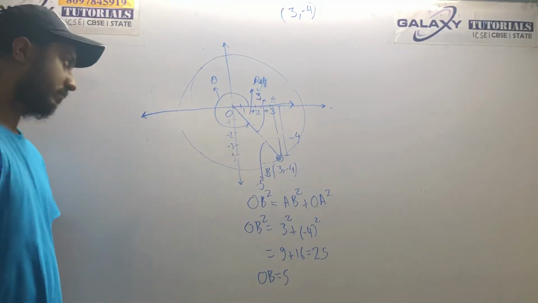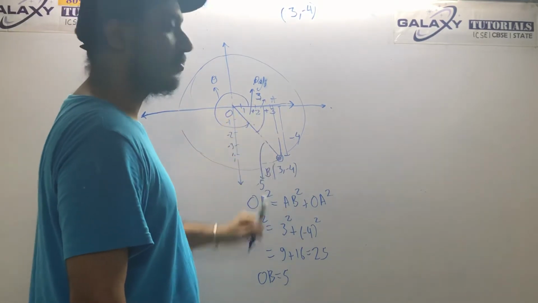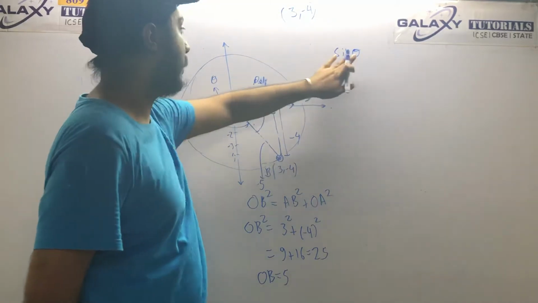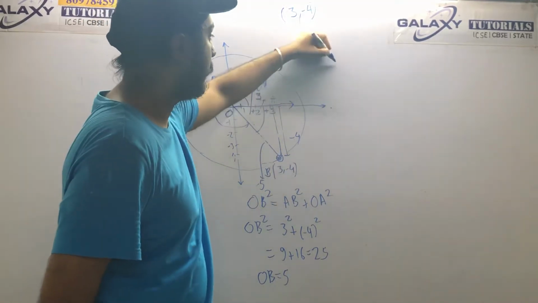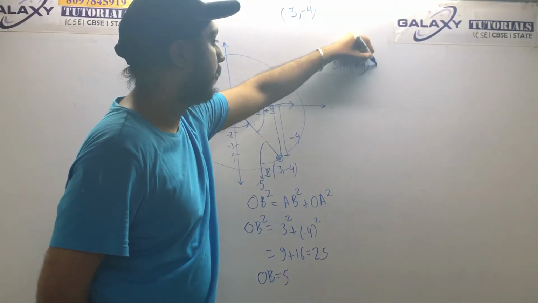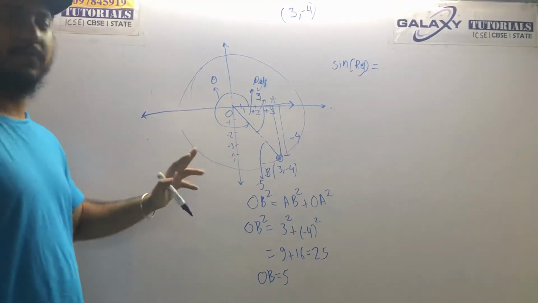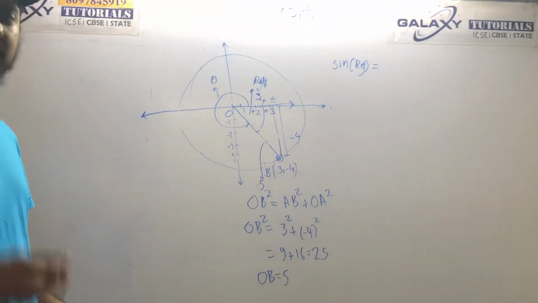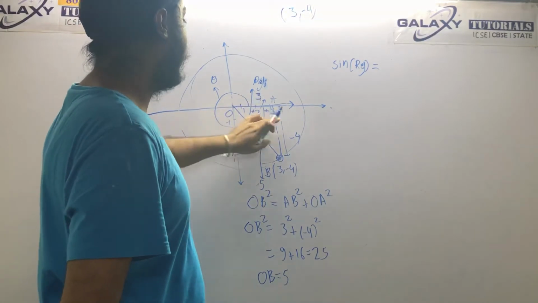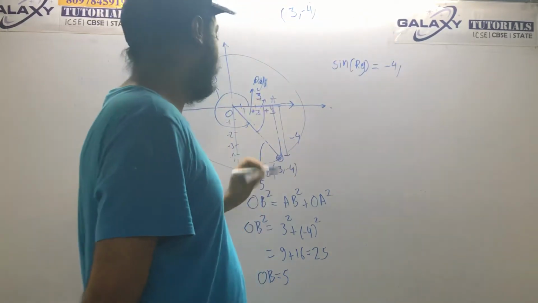Now what we are going to find is the value of sine theta, cos theta and tan theta. So sine theta will be how much? Sorry, sine reference. I will write here sine reference. We are talking about the reference angle, because if you find the values under sine reference, they will be equal to the values of sine theta, and this is what they have asked. That is why we find the reference angle. Sine reference will be perpendicular upon hypotenuse. So perpendicular is -4 and hypotenuse is how much? 5.